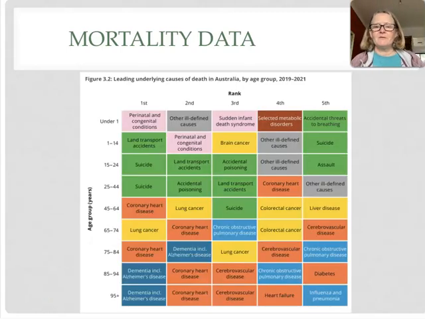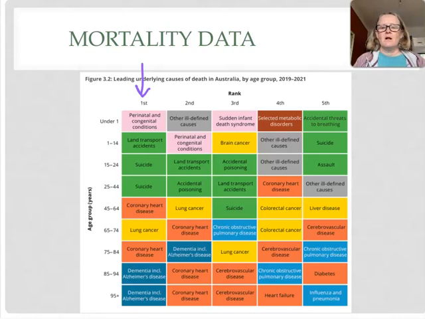Back to Australia. If you have a look at this, pause it for a moment and see what you think. This is all about the underlying causes of death by age group in 2019 to 2021. And if we have a look, with a specific eye on whether it is infectious or non-infectious that's causing people to die? If you look at the top reason that causes people to die in all age categories,